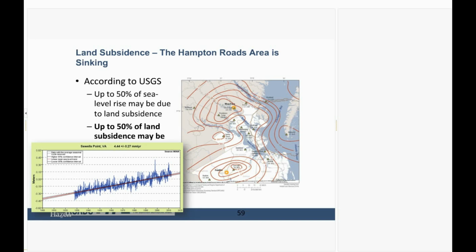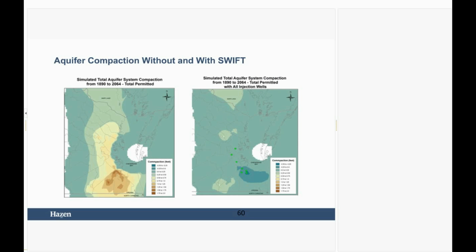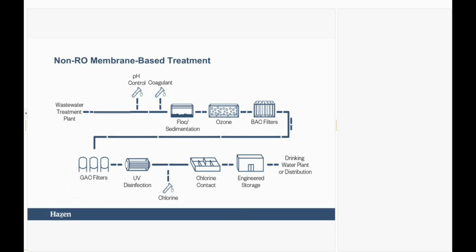And the picture you can see here shows the aquifer compaction that's modelled. So that's basically compaction, or subsidence is the other way of looking at that, taken from both historical data and also from some modelling data. And then on the right-hand side, if that reuse system and aquifer injection is employed, how that will significantly mitigate it. And this process uses a non-RO membrane treatment system, so focusing on filtration, ozone BAC, GAC